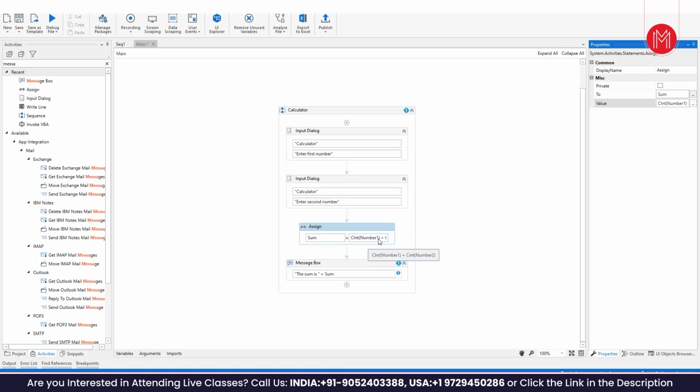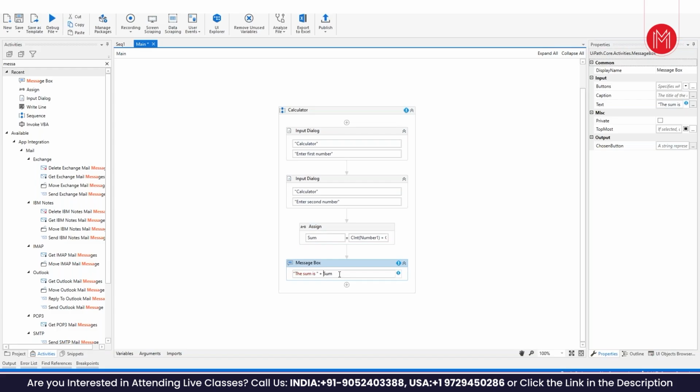Now my error has vanished, because my number 1 is now an integer and my number 2 is also an integer. So when I add both of them, I will get an integer, and I am assigning that to an integer. But here I am getting an error now. It says the sum is sum. So the first part is a string, right? Because I have given it in the form of double quotes. But my sum is now in the form of an integer. I will have to convert that to a string here, so that I'll have a string here and one more string here. So for that, what I'll do is I will